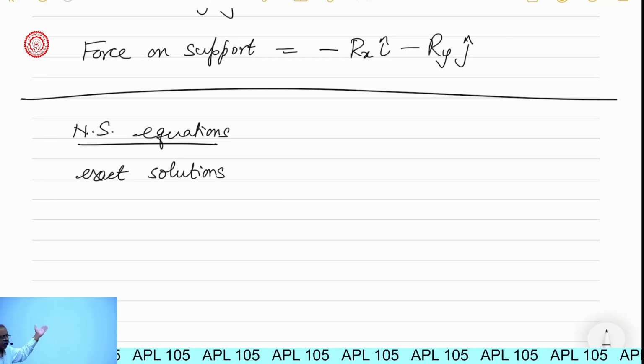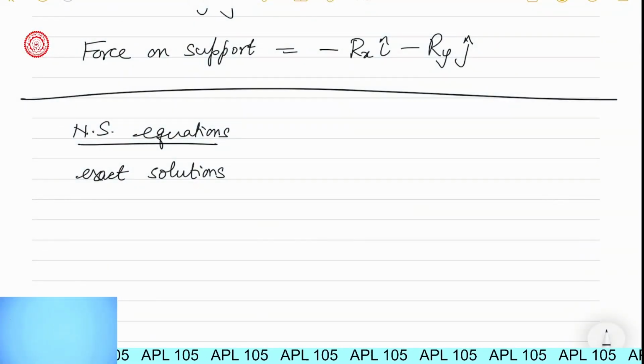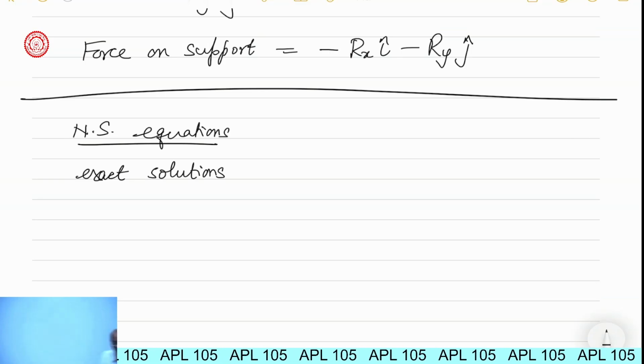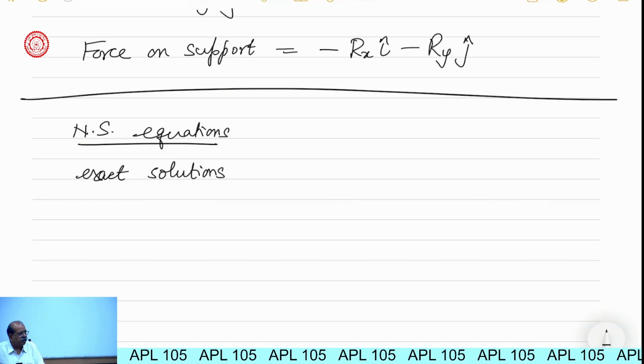When we are using exact solutions, of course, you should expect problems from this. We have spent a lot of time. Of course, I did not give you any homework which was graded, but I gave you enough problems. 5 or 6 problems are there in the homework sheet. 2 or 3 problems are there in the workbook. Solutions of all of those have been given to you. Okay. Now here, see what happens is that you have